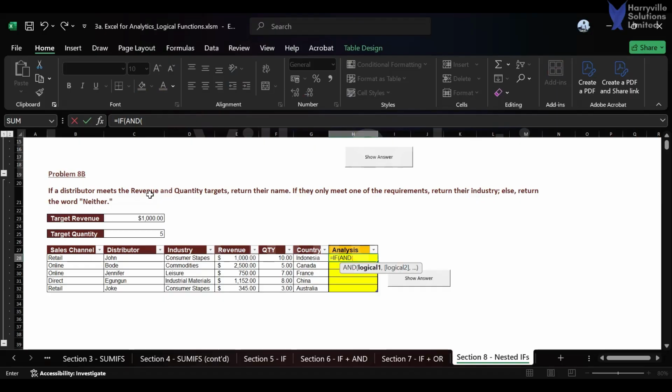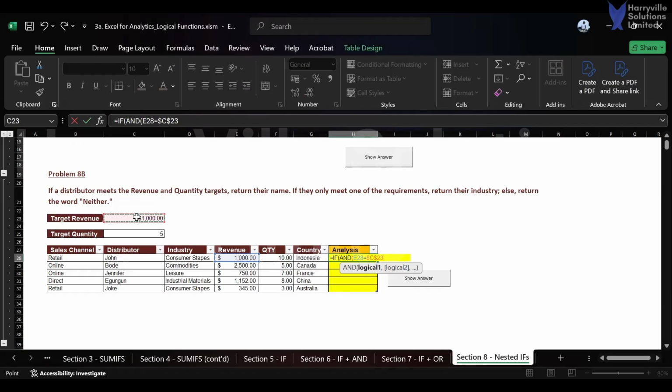So we are going to say this is cell E28. I'm going to say cell E28 because I don't want my formula to be too long. If E28 is equals to my target revenue here, referenced absolutely,